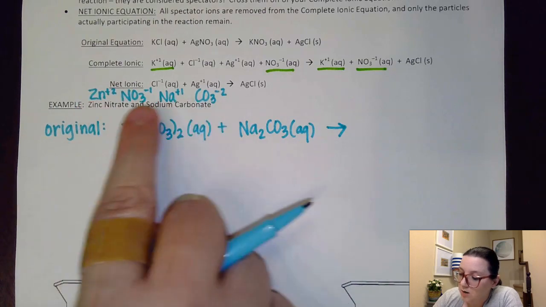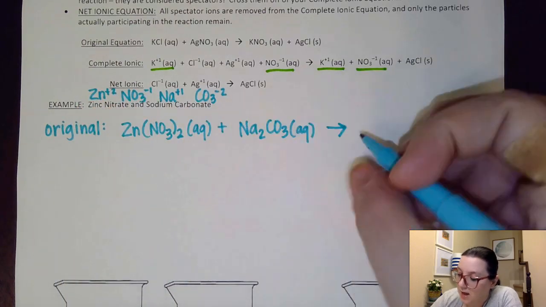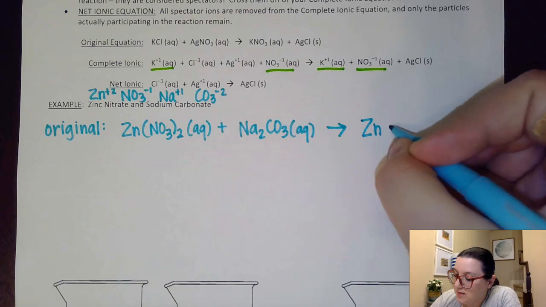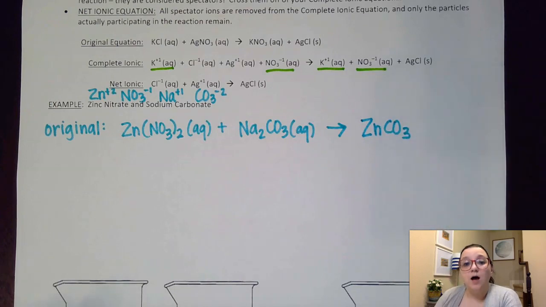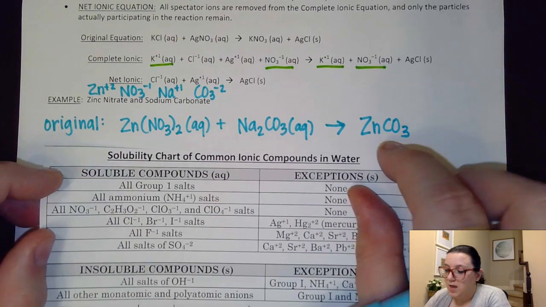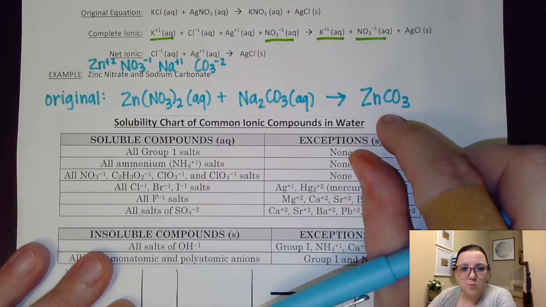Now, when zinc and carbonate pair up, those charges will cancel out. So I'm going to put ZnCO3. Now, I know water's present, so there's a chance that this could dissolve, but I would need to check it against my solubility rules. And so I would kind of go through here and I would say, well, I don't